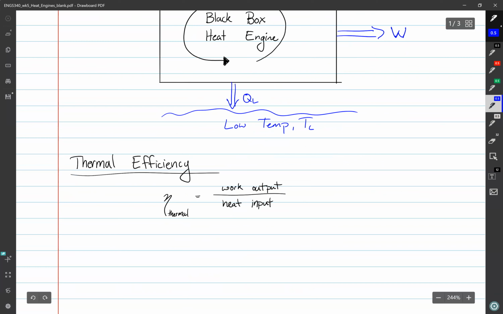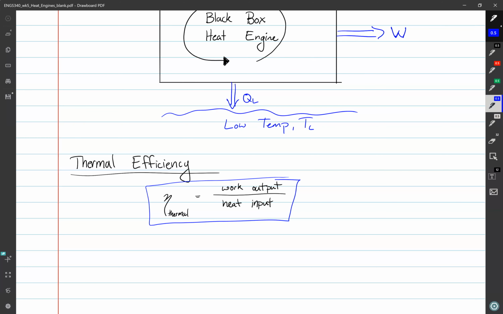If we want to talk about the efficiency of a heat engine, this is a standard definition of efficiency for these kinds of systems. We would talk about the thermal efficiency. How efficiently are we using the heat? Really, how efficiently are we converting that heat into work? We can measure that by just the work out over the heat in. Another way to think about that is